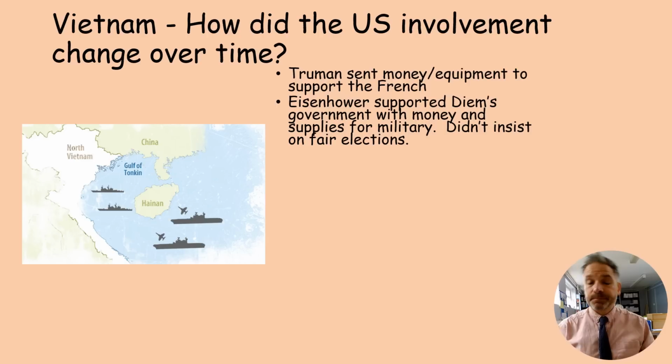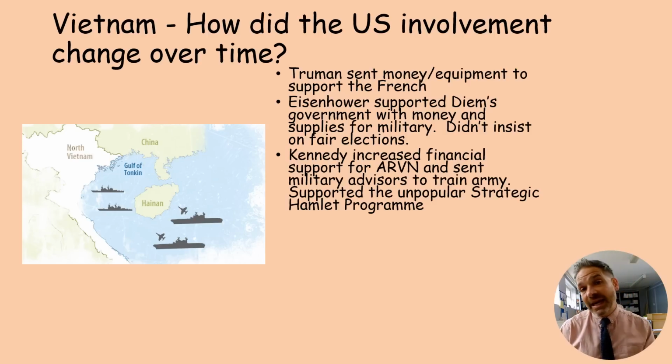Now Truman sends money and equipment to the French. Eisenhower, later, who follows Truman, again supports Diem's government with money and supplies, military supplies. And he also is complicit in Diem's basically falsifying or rigging elections. So they're right in there doing anything they can to support Diem, despite the fact that he's a corrupt leader